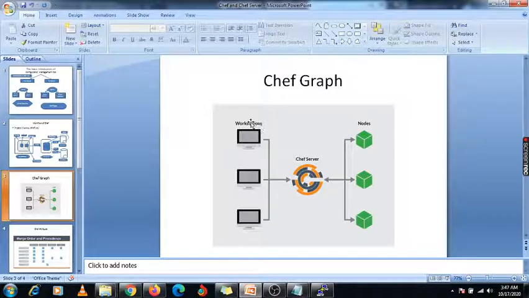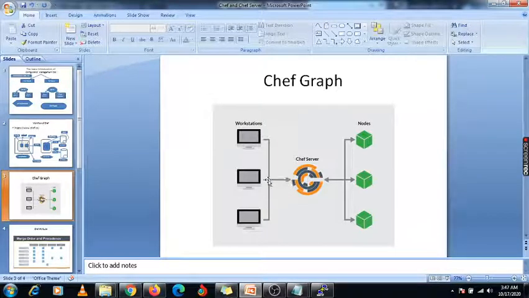That is my workstation, and inside that workstation we are creating some cookbooks and recipes under them, and then we are pushing them from the workstation to that particular Chef server, which is connected. This Chef server is connected with my workstation, and I'm going to directly push this cookbook, or you can say your recipes, from your workstation to Chef.